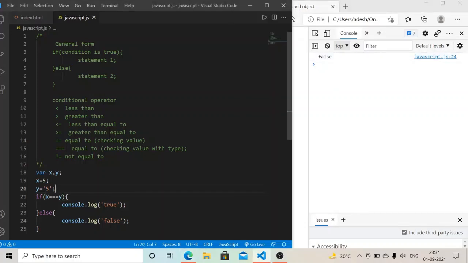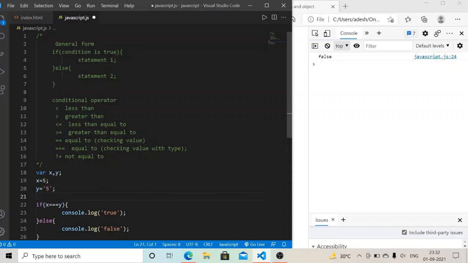Why? Because triple equal to checks the value as well as the type of your variable. Here you can see that inside x, this is of type number, and inside y, this is of type string. I can show you here.